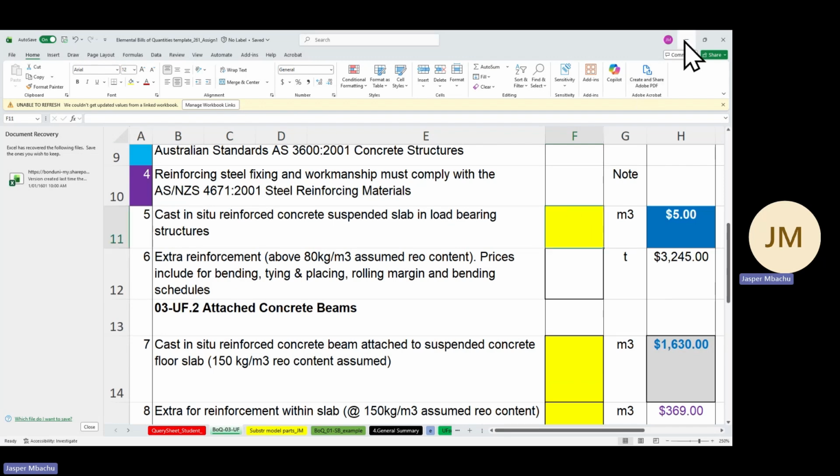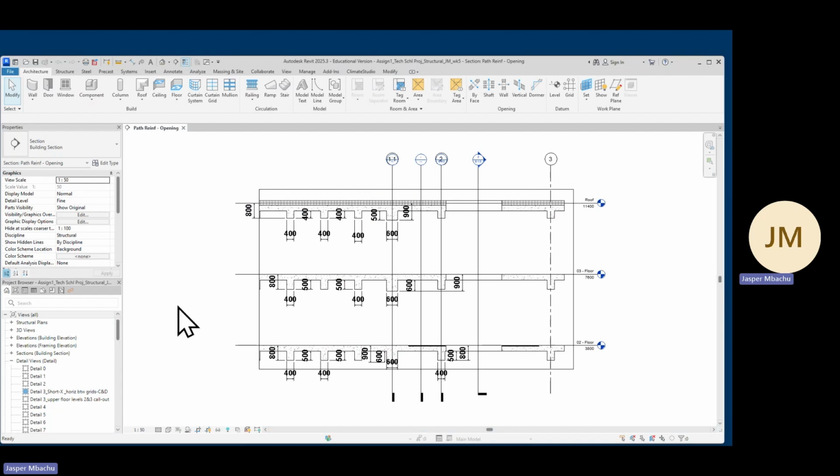And so what we're going to do today is to go back to Revit. I hope you have your Revit open, isn't it? When we get the quantity extractions, then we go back to attend to you, just in case you're not too sure how to